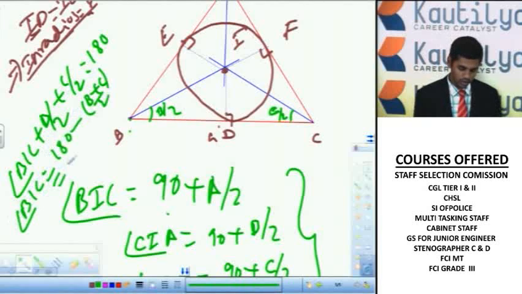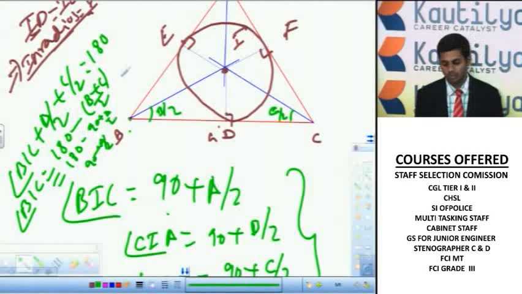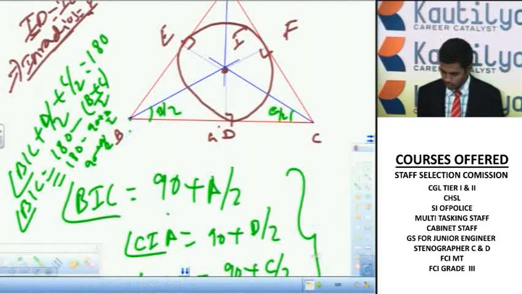So this is nothing but 180 minus (90 minus A by 2), which becomes 90 plus A by 2. So this is the derivation for how we get the angle BIC. Similarly, it will be the same for angle CIA and angle AIB also, right? Coming to the next one,